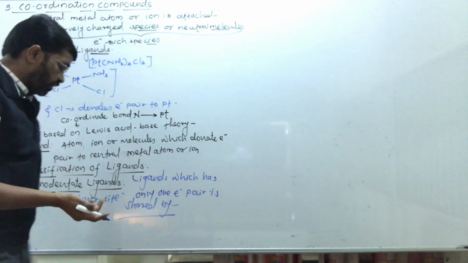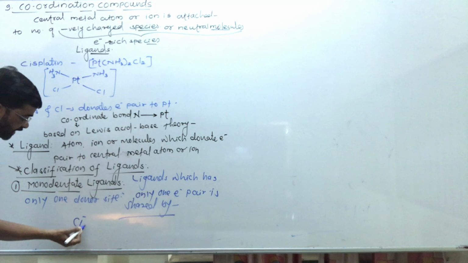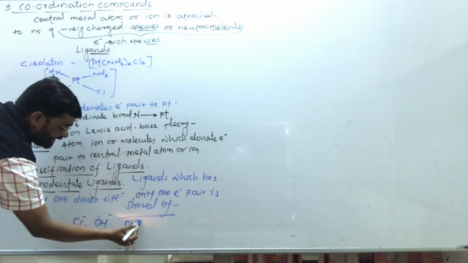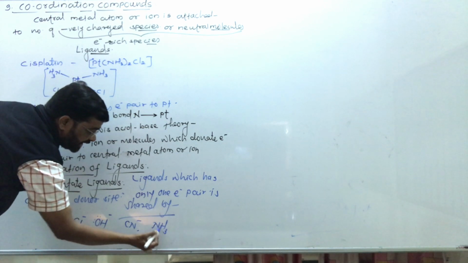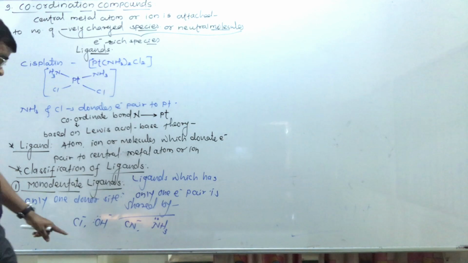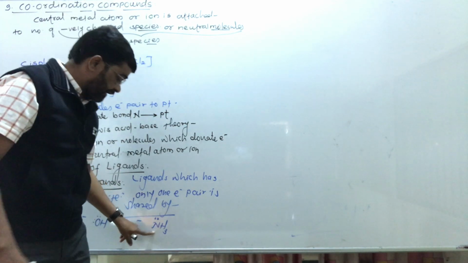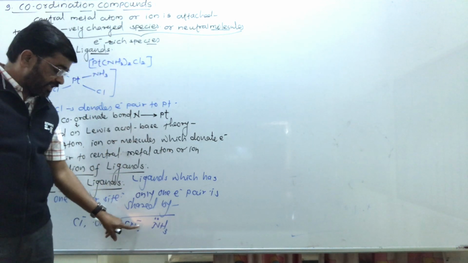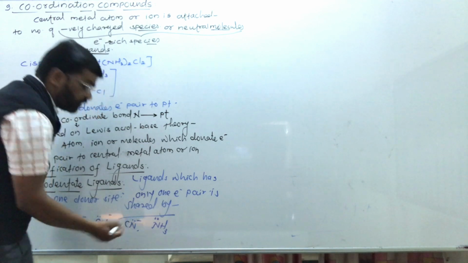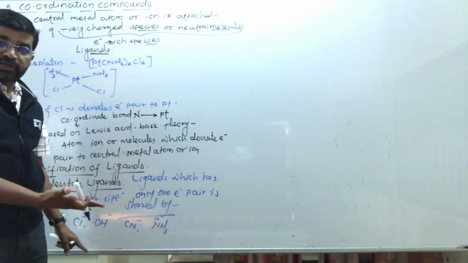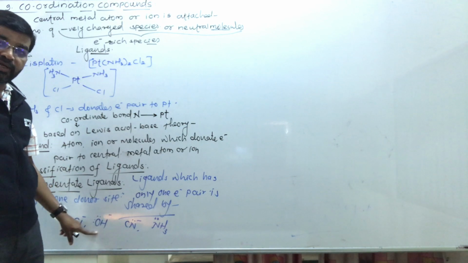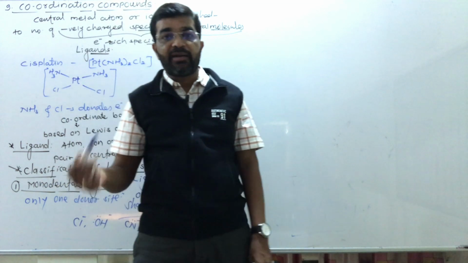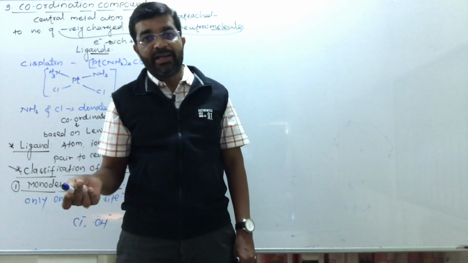So there are a number of examples, for example chloride ion, hydroxyl ion, the cyanide ion, and neutral molecules like ammonia. That also has only one donor site. Here only one nitrogen atom can donate the electron pair. Cyanide, here the negative charge means it has a lone pair of electrons that can be donated. Hydroxide can donate an electron pair, only one donor site. Chloride ions too, all these are monodentate ligands.